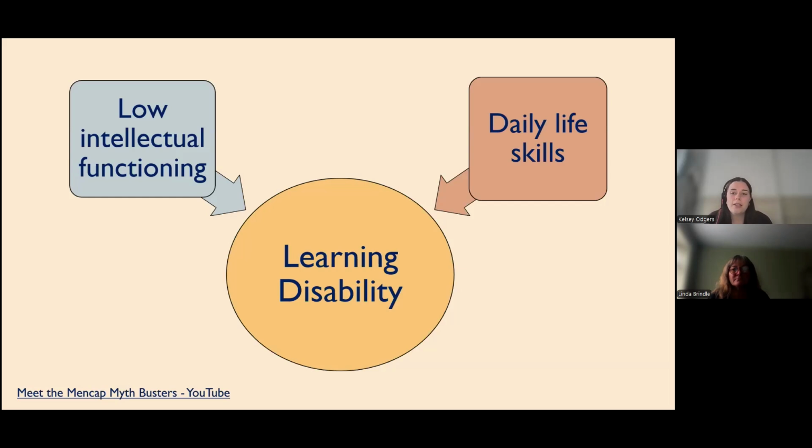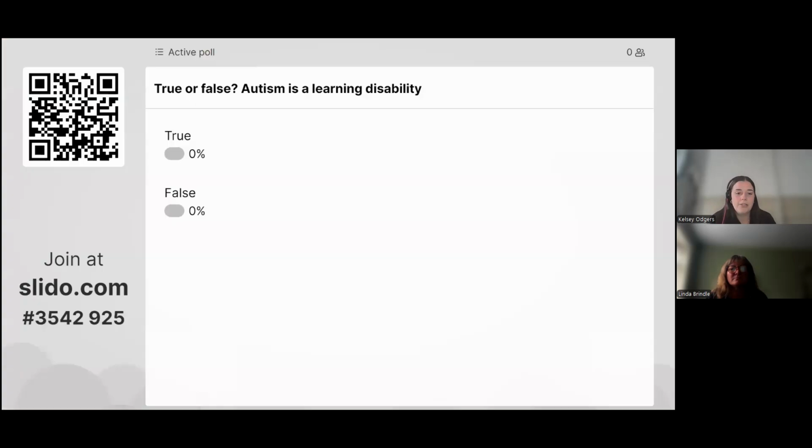So when assessing for a learning disability, we're looking to see that the low intellectual functioning and significant problems of daily life skills are long-standing in childhood. So what we need to see is that there was significant development delay or problems in early childhood, and these aren't new difficulties that have emerged. And a learning disability diagnosis is currently split further into broad areas of mild, moderate, severe, and profound. And just to say, there's a useful link there to the Mencap Mythbusters video, which challenges some of the myths and explains more about the lived experience of learning disability, which again you'll get with the slides.